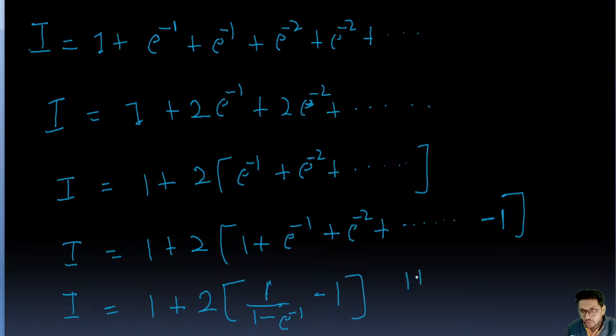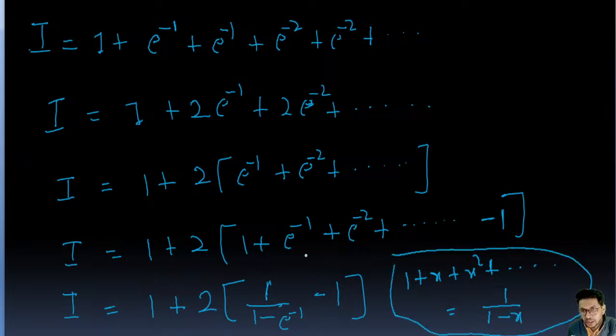This is 1 plus x plus x square plus so on. If this is the series, then there's a formula that is 1 upon 1 minus x. This formula we used here. Here x is e to the power minus 1, right? Okay, so this is the one. Next